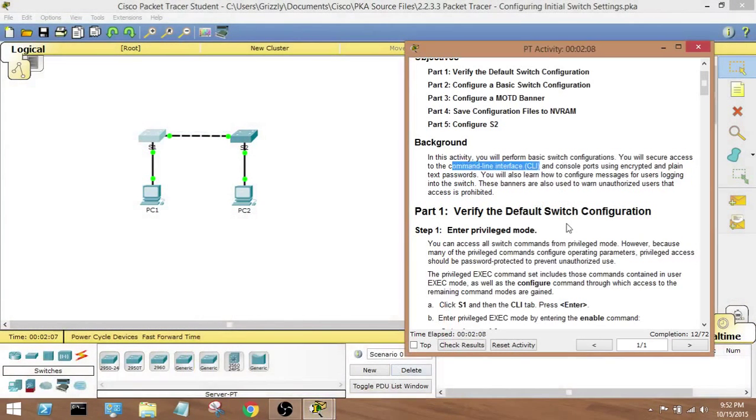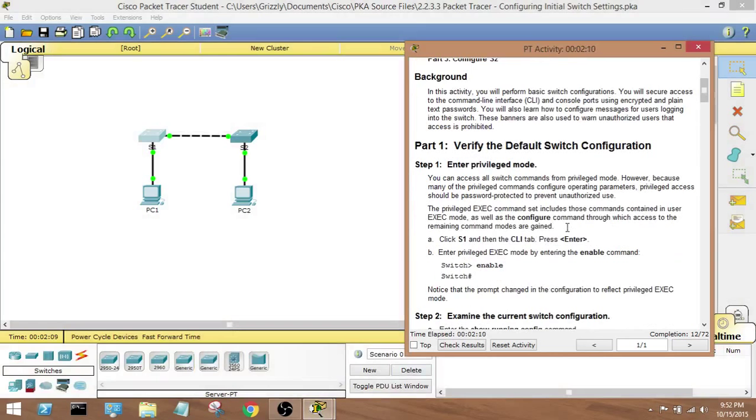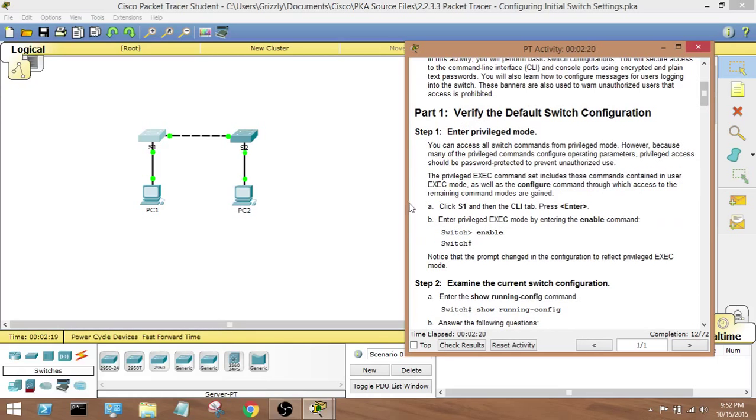Bring up my instructions. Okay. So, the first vocabulary word we're going to go through is called enable mode. Okay, so basically, we can see right here the command for enable is here. So it says,